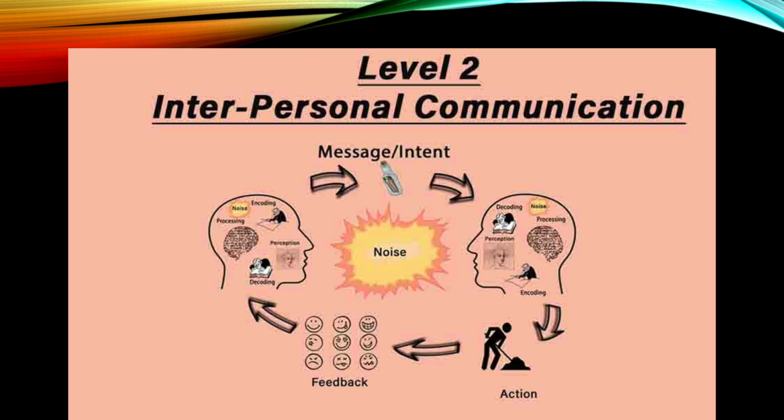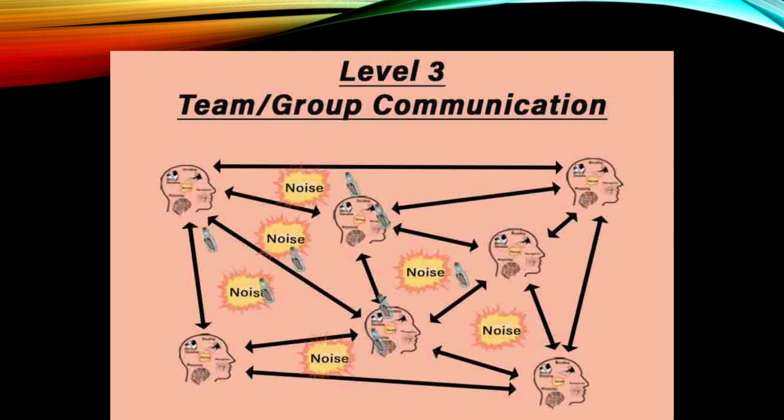This is important because if only the two of you can hear the communication, then the sender can target the message for that receiver alone. Where intrapersonal communication is just one person and interpersonal is just two people, group communication is anything more than two people. Team communication differs from interpersonal communication because the opportunities for misunderstanding increase geometrically along with the number of people